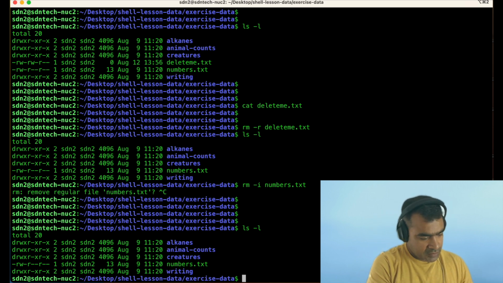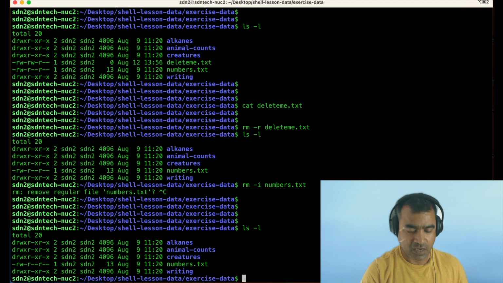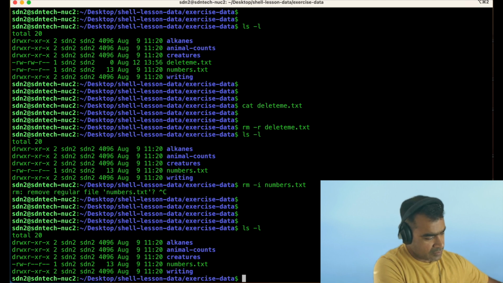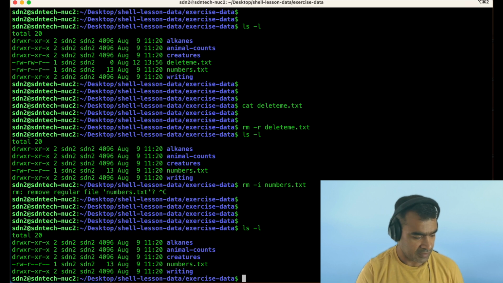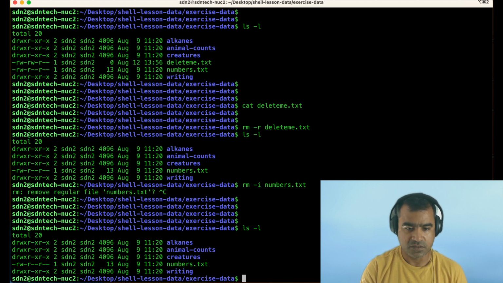All right, so that's cd, cat, and rm. Let's talk about two important things, which are copying files and directories. For that, let's look at cp. Here I'm going to say cp, which is copy file